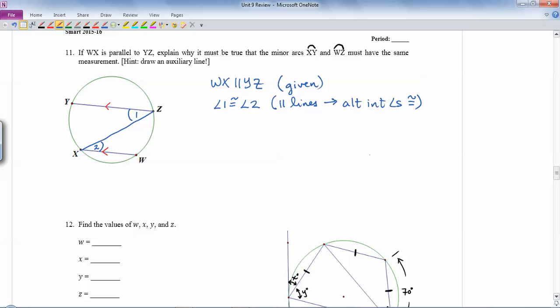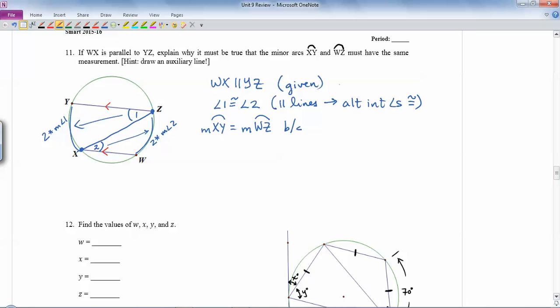Well, 1 is an inscribed angle and 2 is an inscribed angle. So that opens up to XY. So we'll say XY is 2 times the measurement of angle 1. And angle 2 is also inscribed and it opens up to WZ. So WZ is going to be 2 times the measurement of angle 2. Since angle 1 and angle 2 are the same, XY and ZW have to be the same. So I'm just going to say measurement of arc XY has to be the same as the measurement of ZW, or WZ,